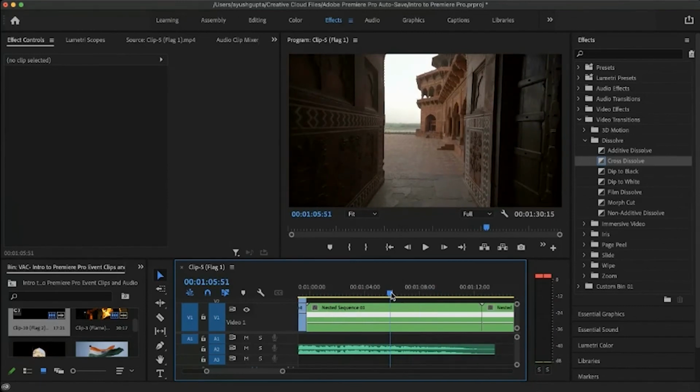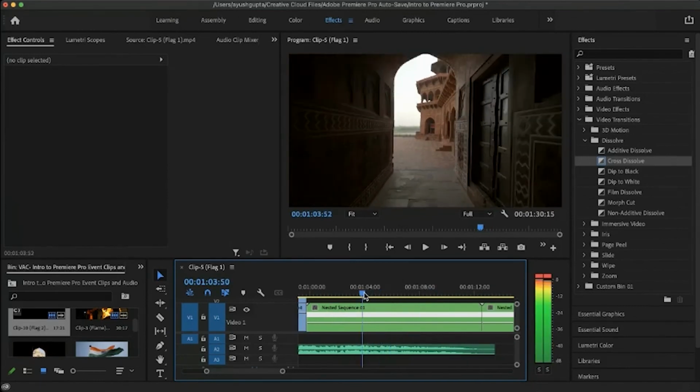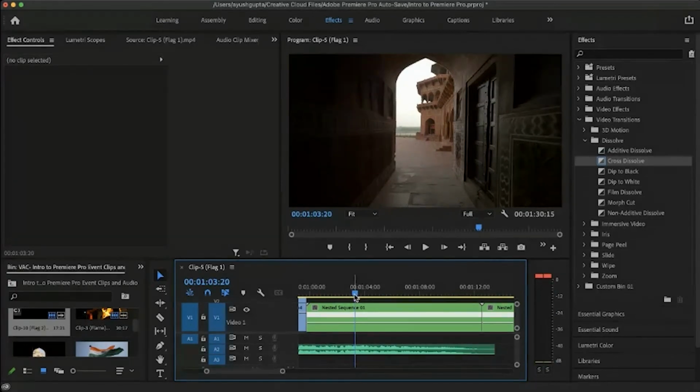So till the part we want to make the clip a bit slow, we'll take the current time indicator, this blue pin, and keep it on that.